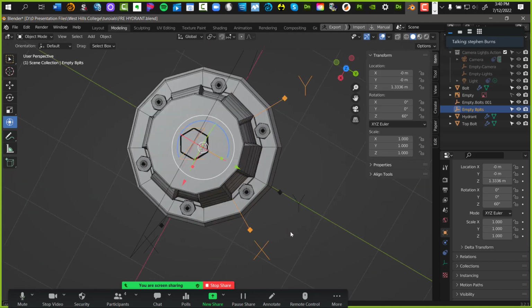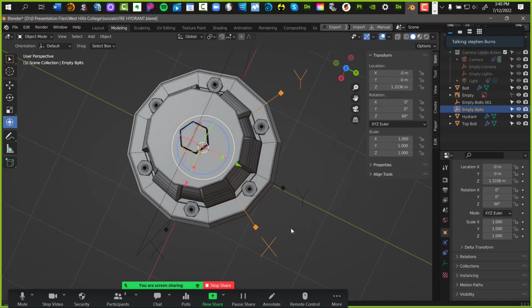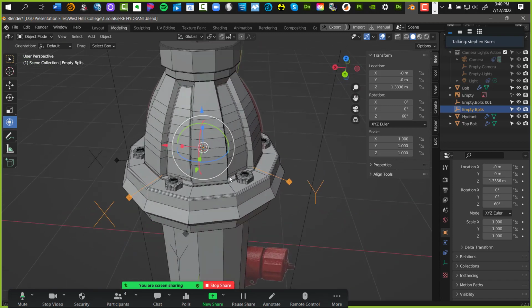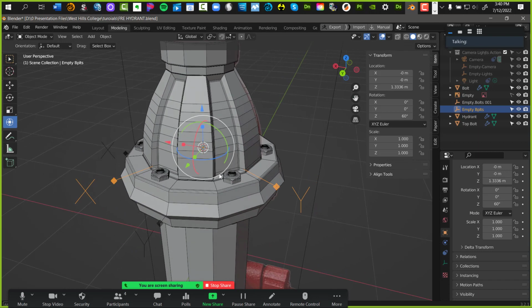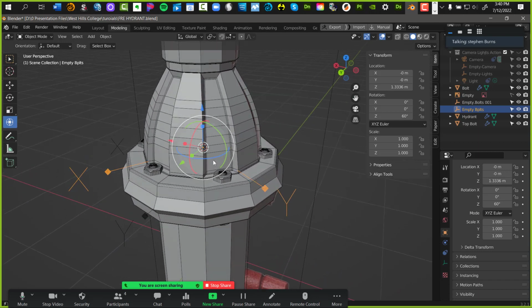And so I've got 2, 4, 6 in there. Okay, so in the empty bolts, I want to go to the rotation for the empty bolts. There we are. This is the rotation on my z-axis.